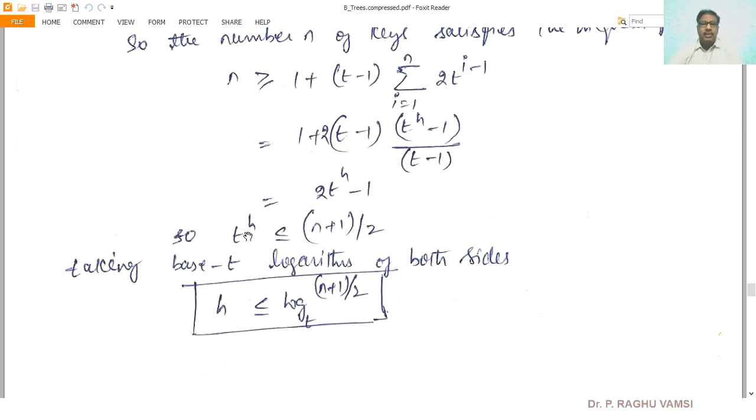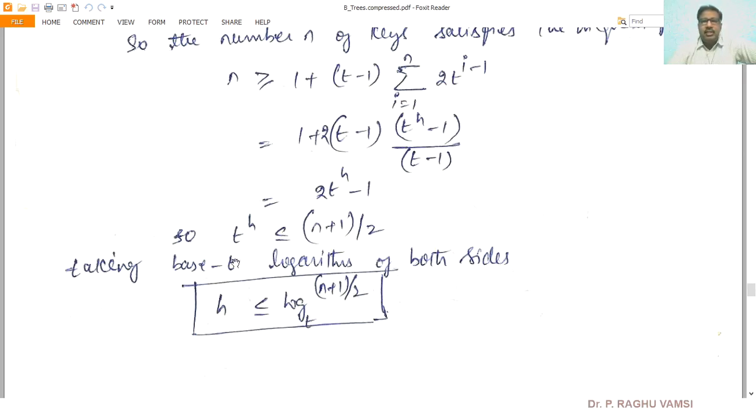So on the left hand side, the base t and the t power h will be cancelled. So h is less than or equal to log of (n plus 1) by 2 to the base t.